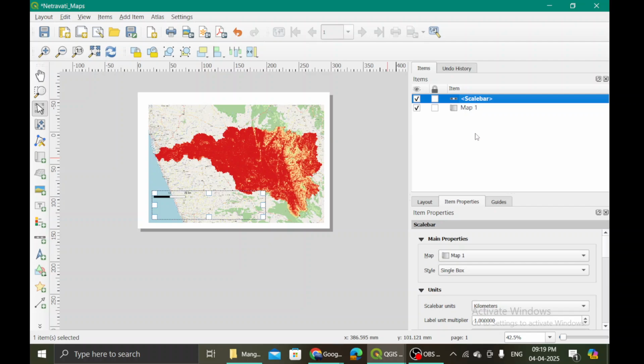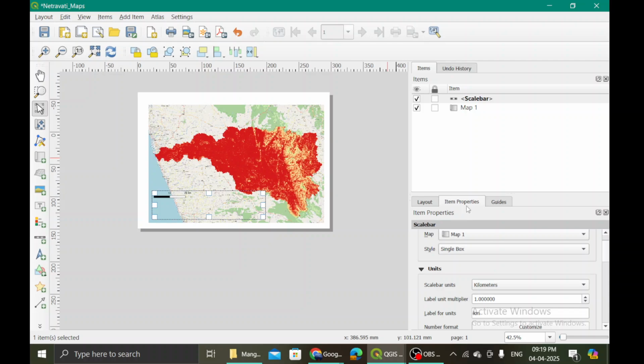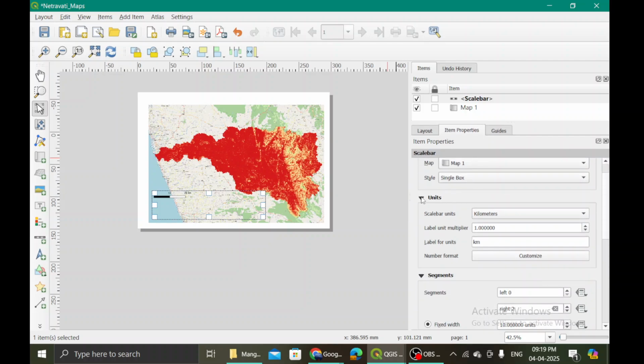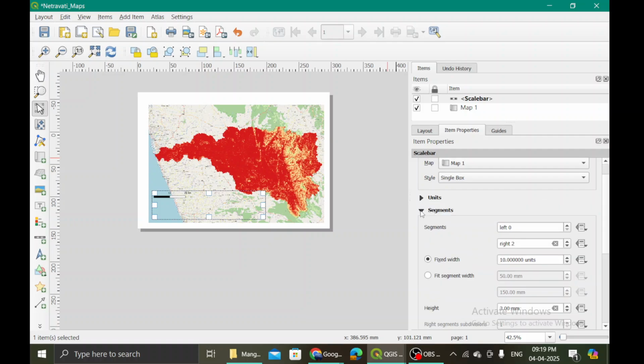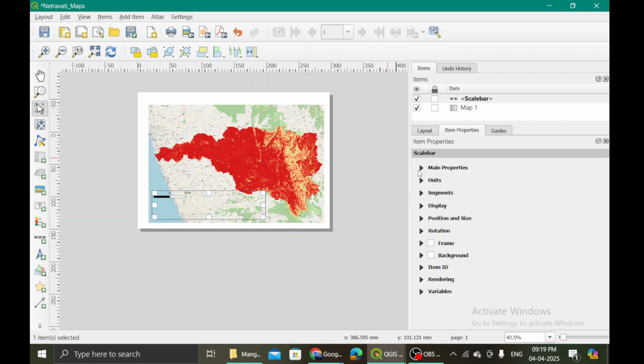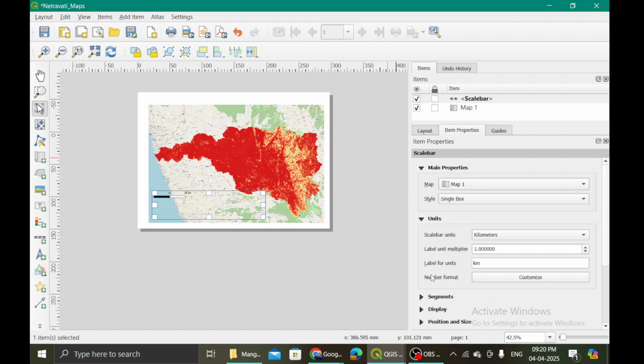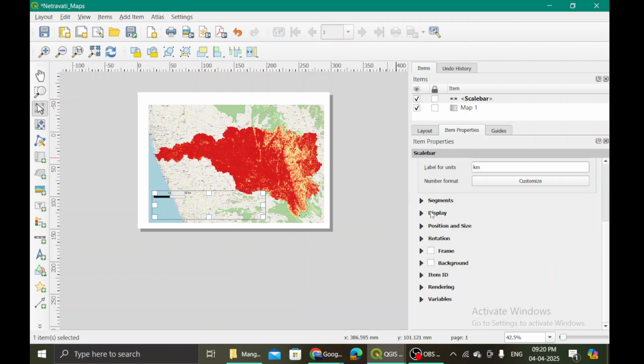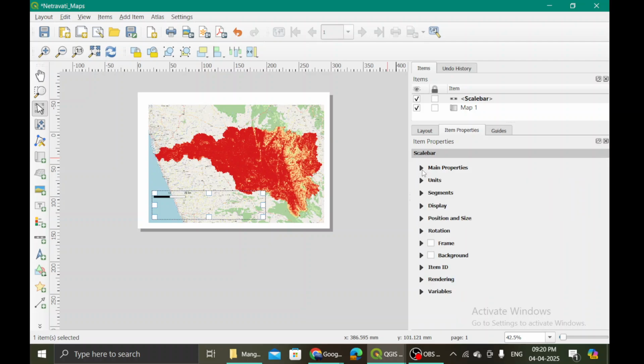Within item, scale bar has been populated, and if you want to see the item properties of this scale bar, you just have to right click and click on the item properties, and you will see scale bar properties have shown up over here. But the problem is, all these different options within the item properties become visible, and that is a little problematic, right? If everything is open, our item properties bar seems to be too populated, and we are not able to very easily navigate around these different options, right?